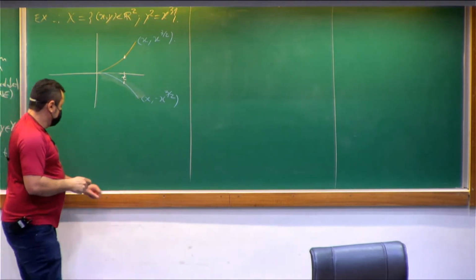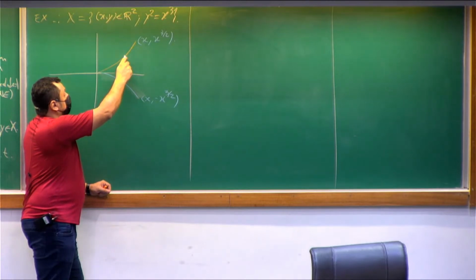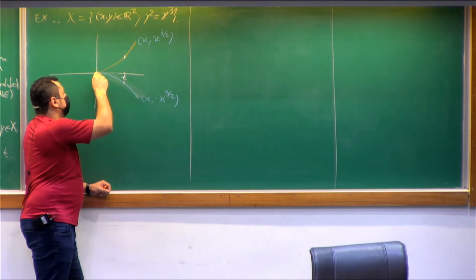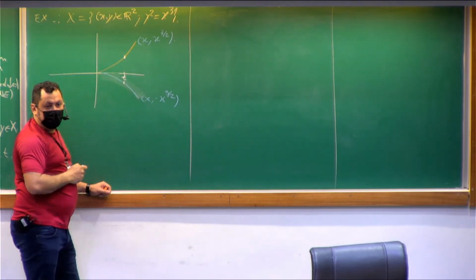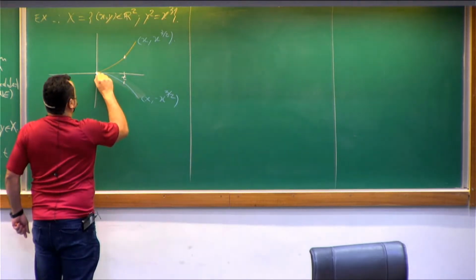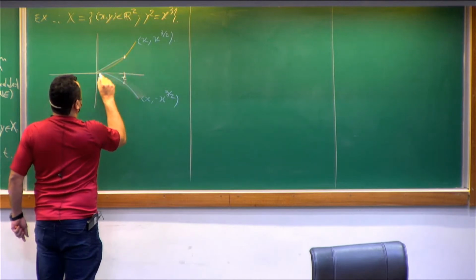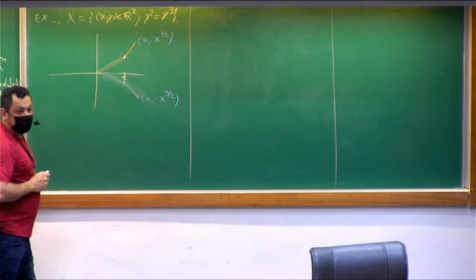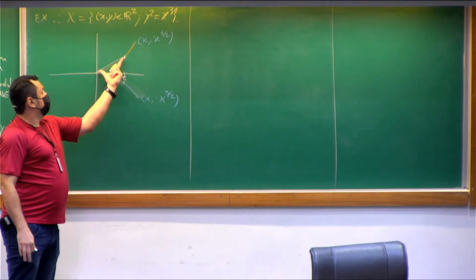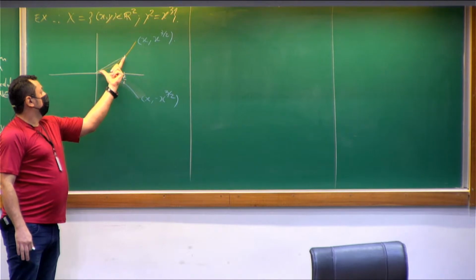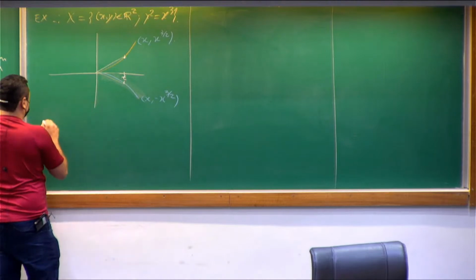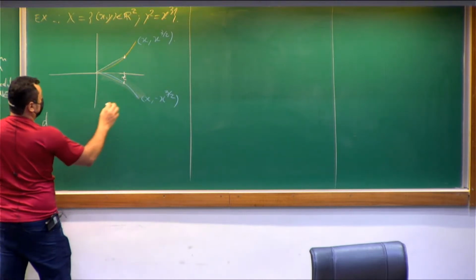The inner distance between these two points: you have to go to the origin and then go to this point, for example. So the inner distance is at least this length plus this length. And this has more or less the same asymptotic behavior as T. So you can show, for example, let me call this point